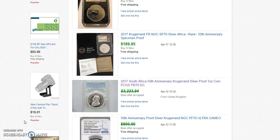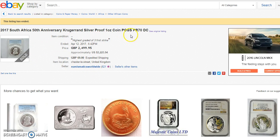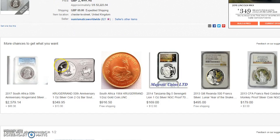So if they have NGC slabs, I said, well, maybe they have some PCGS, and I said, all right, let's do some digging for that too. And of course, Lloyd's of London, what was it called? No, this is not Lloyd's of London. This is Numismatic Worldwide had the first strike PCGS PR70 proof Krugerrand, and this is a quite rare piece because